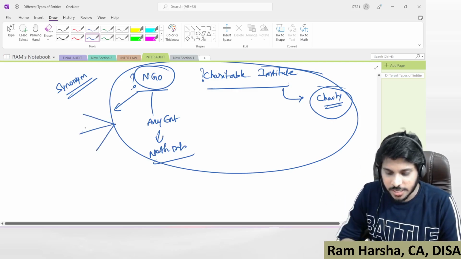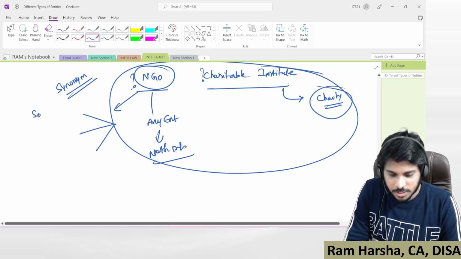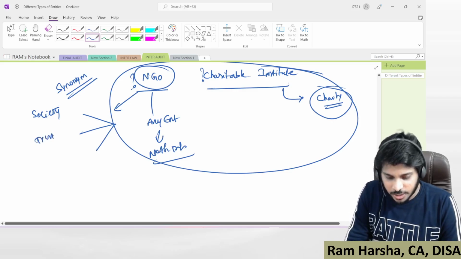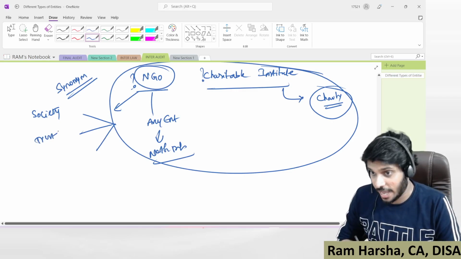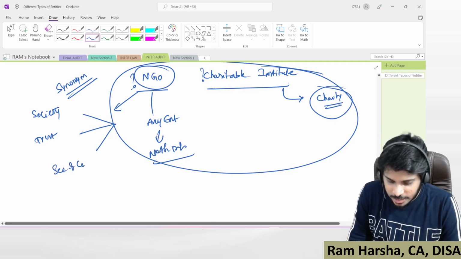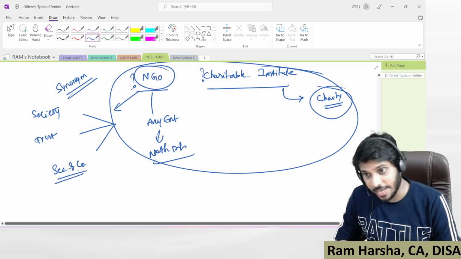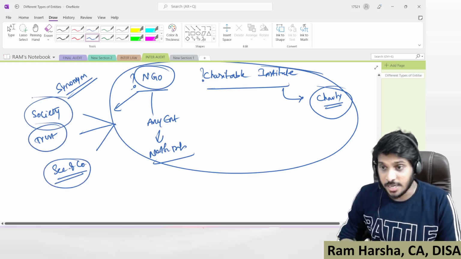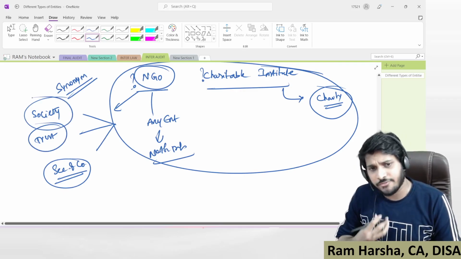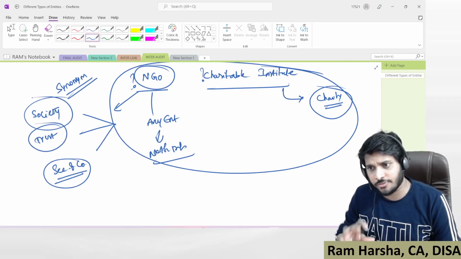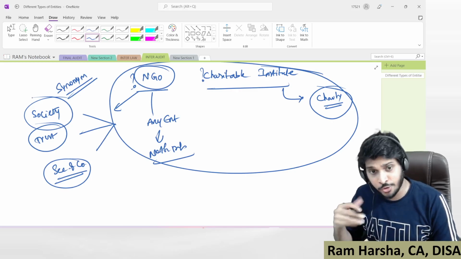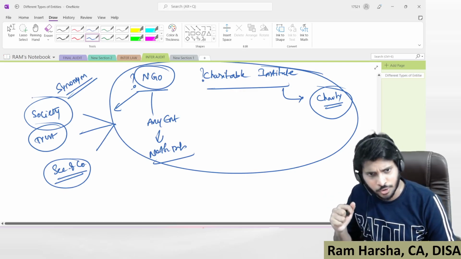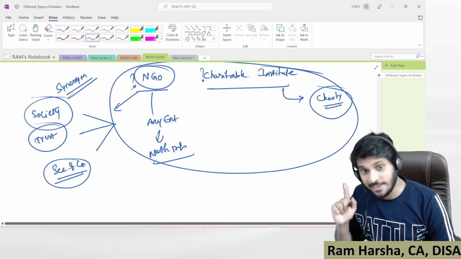They may register in three ways in India. Either they may register as a society under the Society Registration Act, or they may register as a trust under the Indian Trust Act, or they may register as a Section 8 company. Generally, if I am doing charitable work, and my organization is for not for profit and for charitable motive, for example, it is always better to